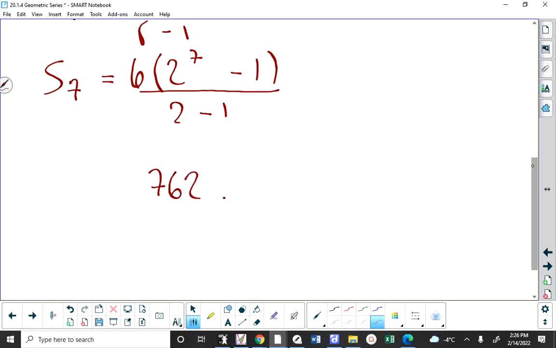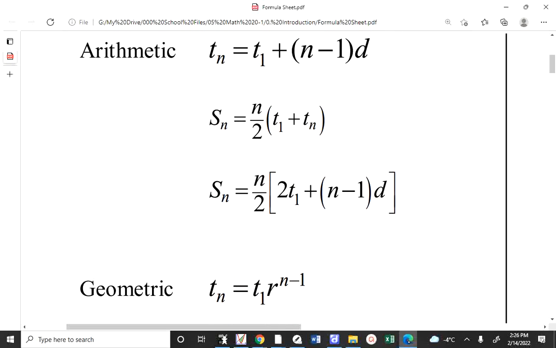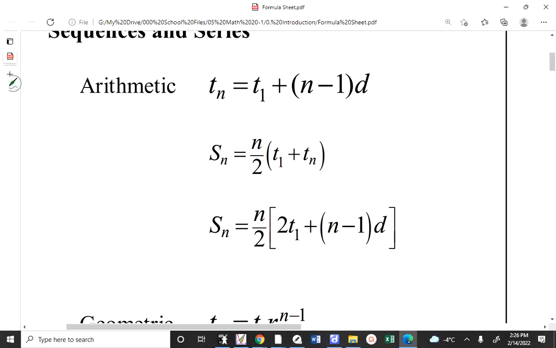So now I want to draw your attention to finding the sum of the terms in a series. And I want to go back to arithmetic. When you look at the two formulas to find the sum of the terms of an arithmetic series, it doesn't matter how you cut it, you need to know how many terms you're adding. You have to. Mathematically, there is no formula in the universe that can calculate the sum of the terms in an arithmetic series unless you tell it how many terms. But